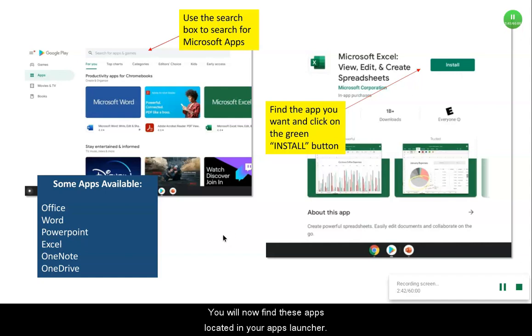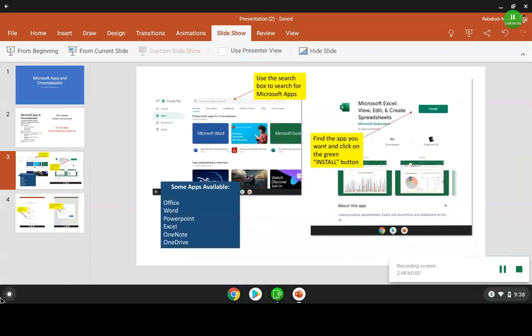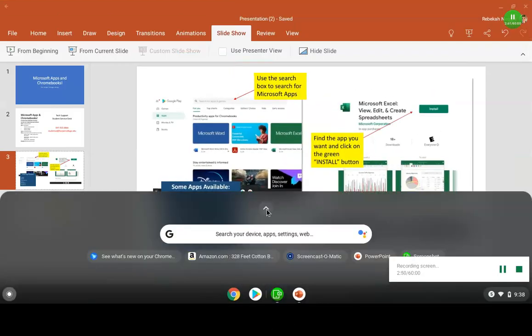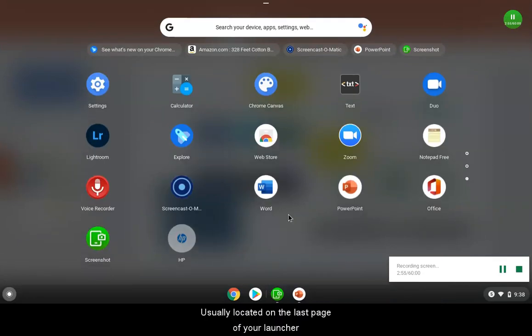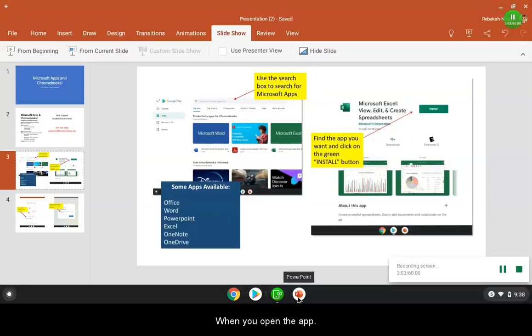You will now find these apps located in your app launcher. New apps are usually located on the last page of your launcher. Once they've downloaded, they will appear here. When you open the app,